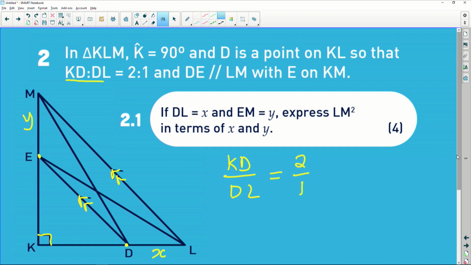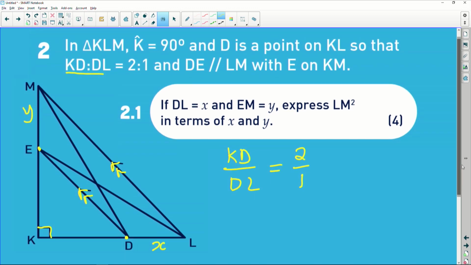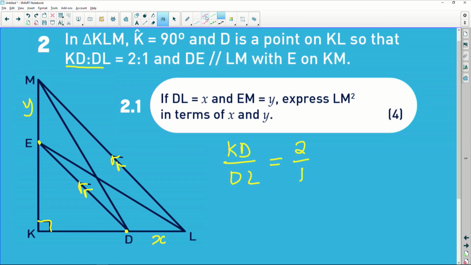Okay, cool. So this is asking us to basically find the length of LM. If you check closely, LM is the hypotenuse of the entire triangle. So if I draw it, that is basically what we're asking you to work out. It is going to be the hypotenuse of the triangle KLM. For me to do this, I'm just going to simply use the theorem of Pythagoras. But then I'm going to have problems because I don't know how long the side KE is, and I also don't know how long the side KD is. But if you go back to the ratio that was given to us, which is currently appearing in yellow, we're told that KD is 2x.